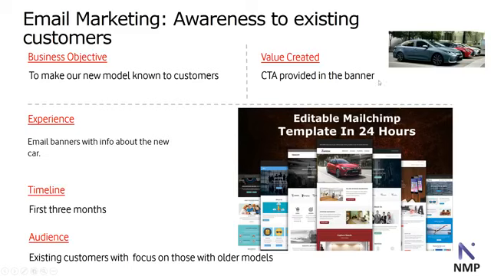Then they did some email marketing. They provided the CTA. They wanted to make their model known to existing customers. As we said, with the data management platform and the marketing automation, we can communicate messages to our own customers as well. So they created email banners with information about their own product. They lasted around 3 months, with a focus on existing customers that had other, older models, in order to prompt them to buy a new model. And in the end, if they don't,